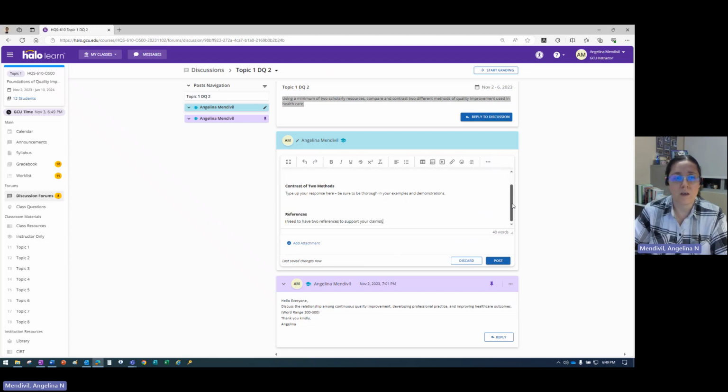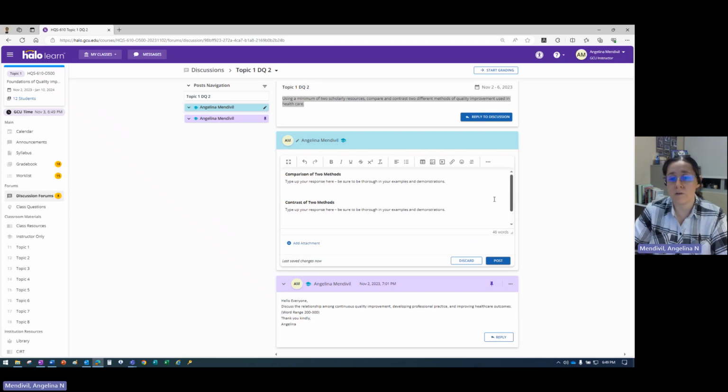And usually when I see this, I know that the student has covered everything that they usually need to, and they end up earning the majority of the points. Now with the discussion questions, there are so many correct responses. So as long as you have a supporting claim or reason or justification for why you answered it in that method, 99% of the time you should earn full credit. Alrighty, so that was just a little bit of a helpful tip to get you up and started, and I'll have more along the way.